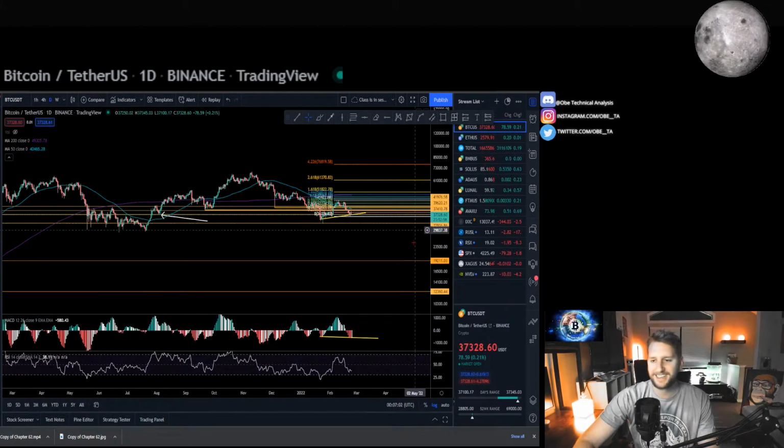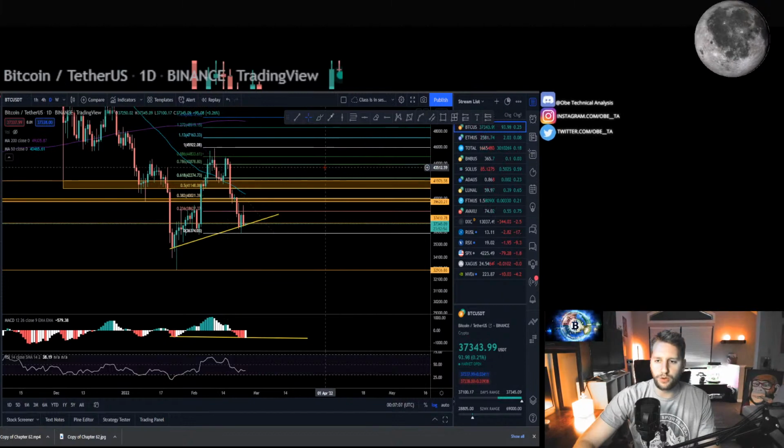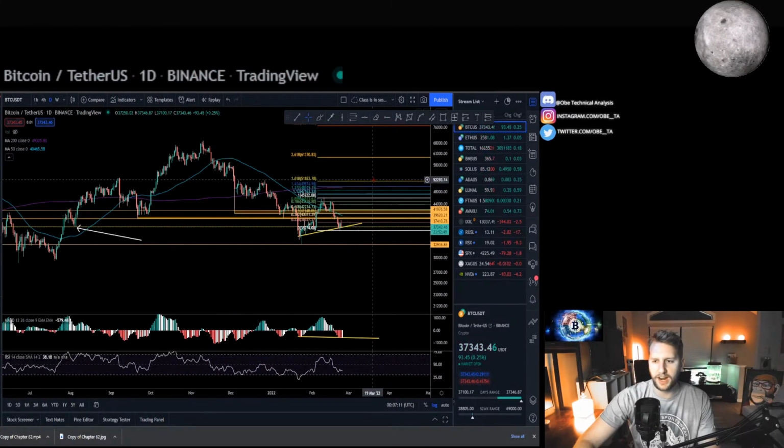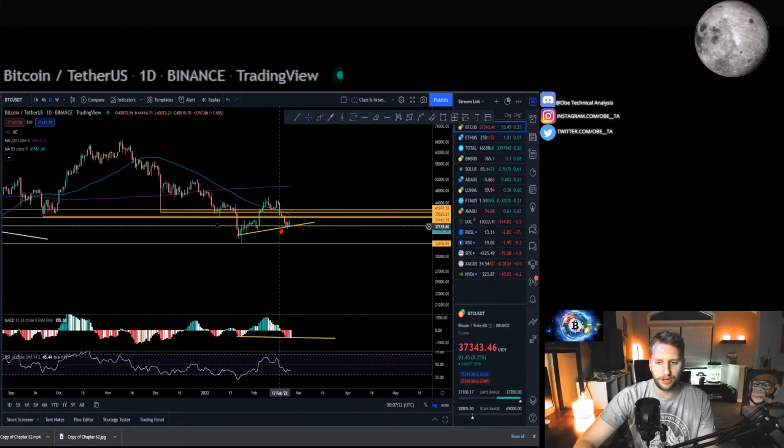So you have a lot of work that needs to be done before you can start to say that Bitcoin is back in the uptrend or is bullish. If all you have is just a little bit of hidden bullish divergence starting to try and develop today, it's really not a strong argument.